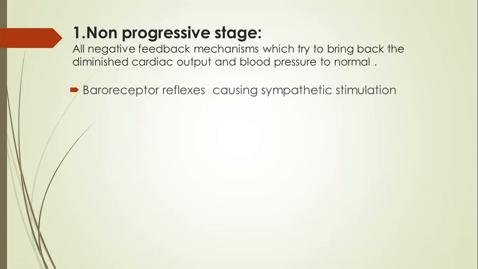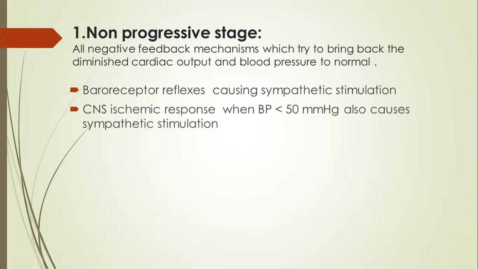The first and the most important is the baroreceptor reflex. What happens is, whenever the blood pressure is low, the baroreceptor reflexes will be activated and they will cause sympathetic stimulation and try to bring the blood pressure back towards the normal level. If the blood pressure is below 50 mmHg, then the CNS ischemic response will cause further sympathetic stimulation. Both of these cause vasoconstriction, and due to vasoconstriction, the blood pressure will try to reach